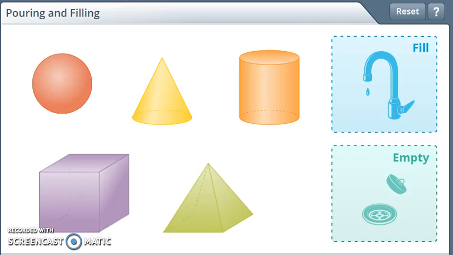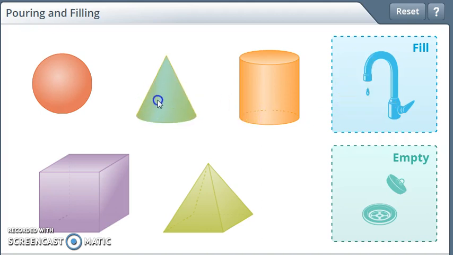Okay, today I'm going to teach you how to find the volume of a cone and a sphere and where those come from. So the first thing I want you to notice with the cone is that its base is the same size circle as the base of the cylinder, and that its height is also equivalent to the height of the cylinder. So first I'm going to fill up the cone,